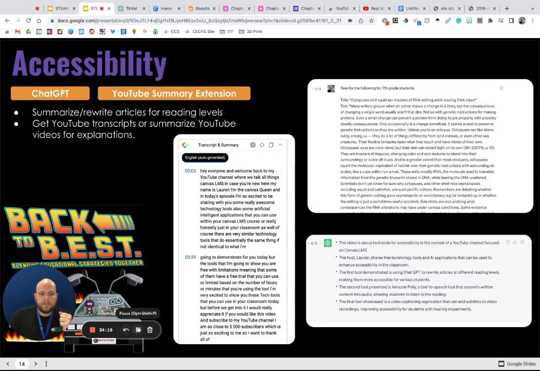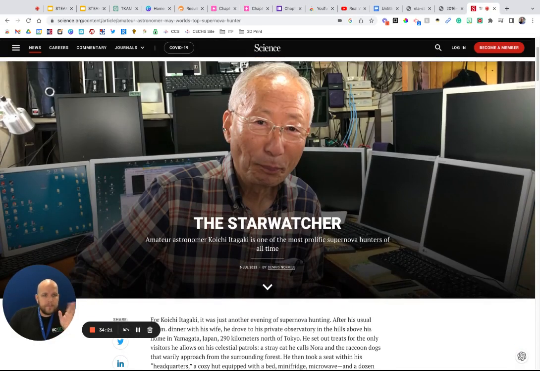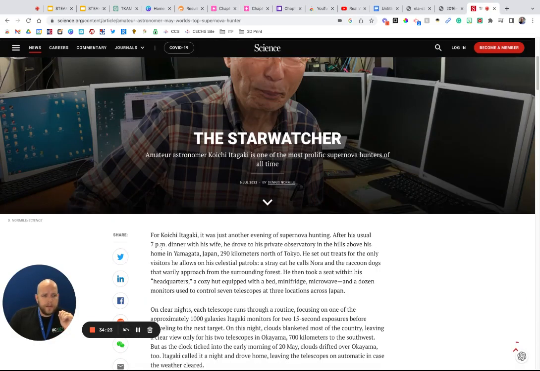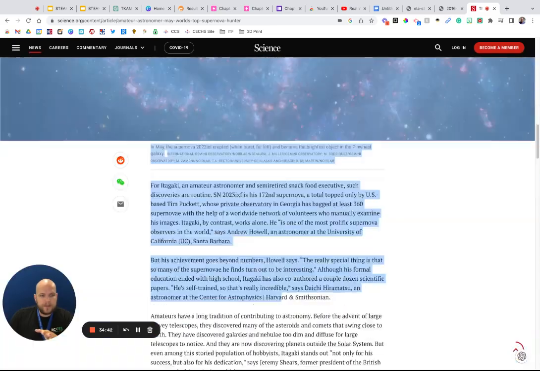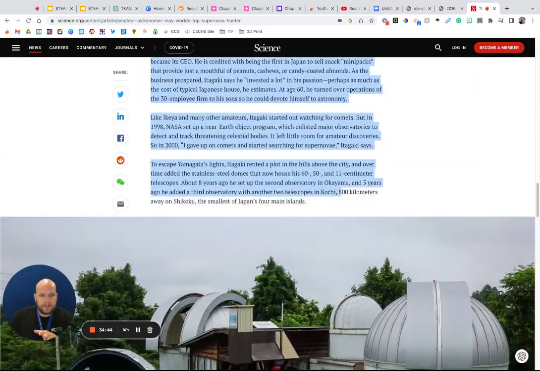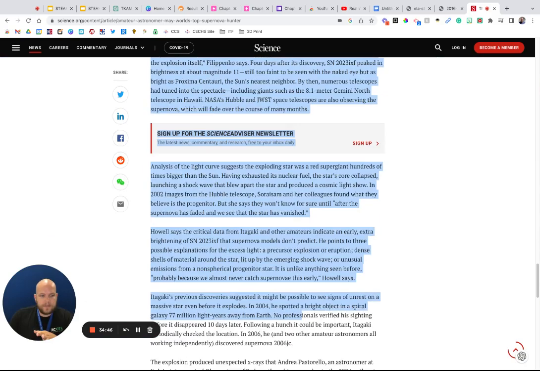Let me grab an article. So I've pulled up this article. This went to science.org. We can grab this article here, and we're going to link this because we always want to make sure that we give credit. But say I have a Canvas page and I want them to read this, or I have a Google Doc, and I know I have students who may have a different reading level, but I want them to read about this article. We're just using this as an example. I can copy and paste the text.